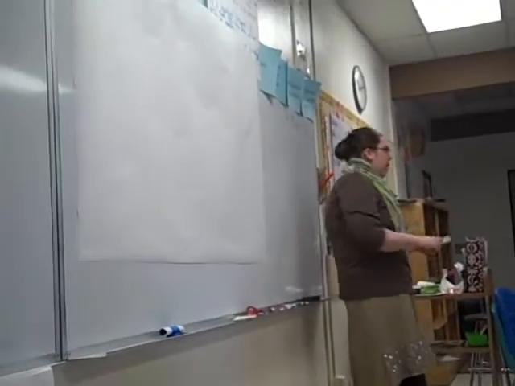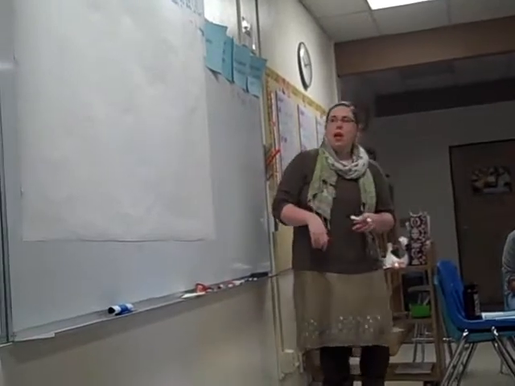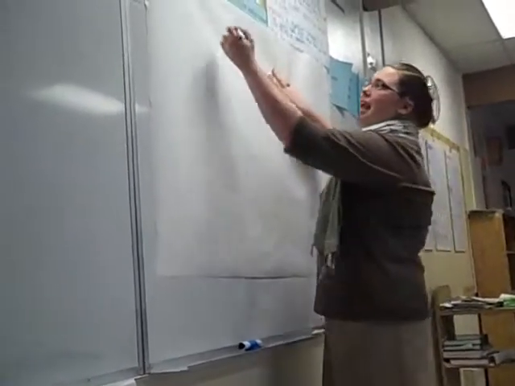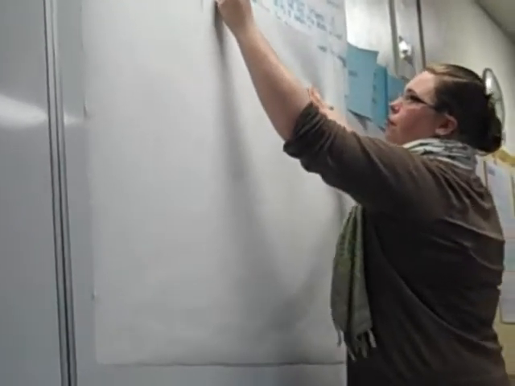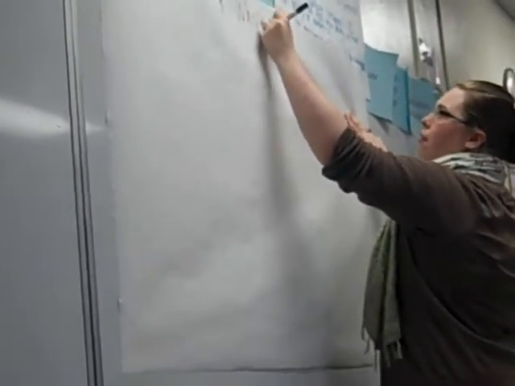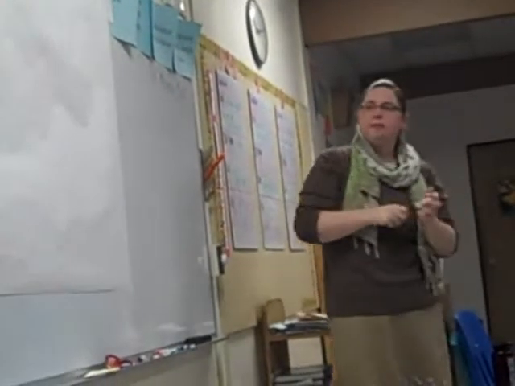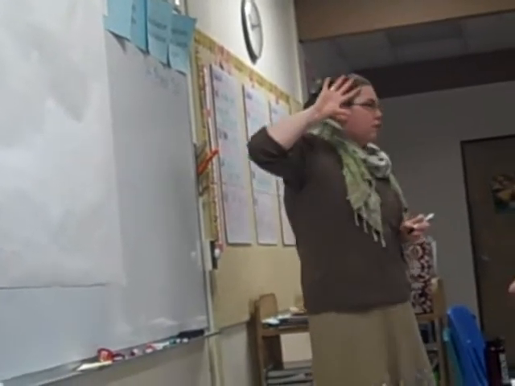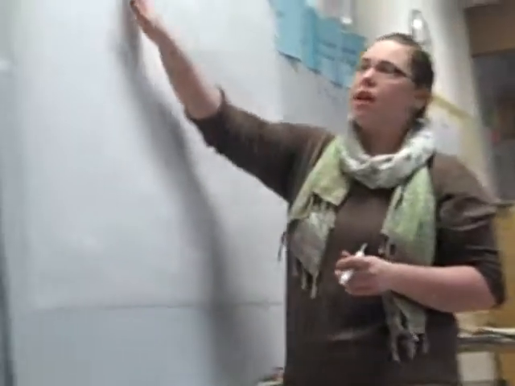Today I'm going to teach you about a new kind of graph, another way to represent your data. This graph's name is a box and whisker plot. Kind of a funny name, I know. So a box and then whiskers like a cat. Okay? So in order to make a box and whisker plot, we need some very specific information that we call